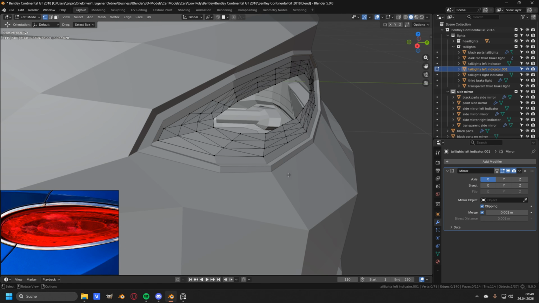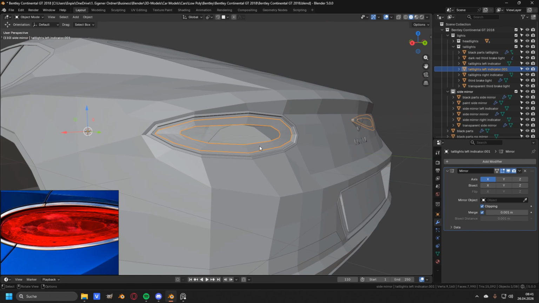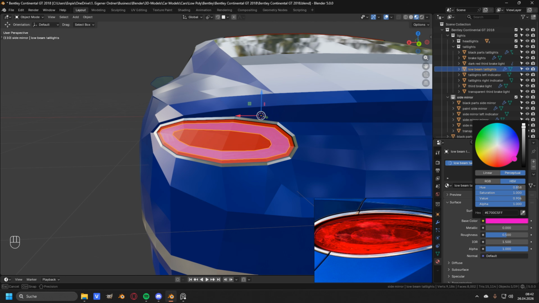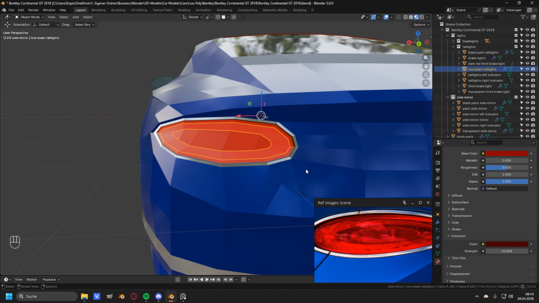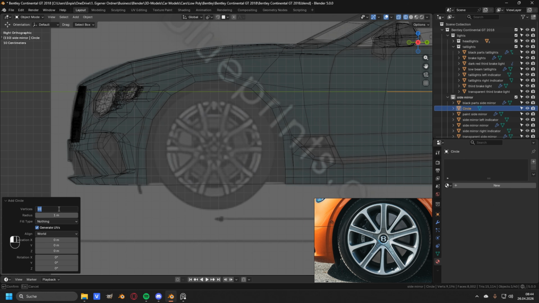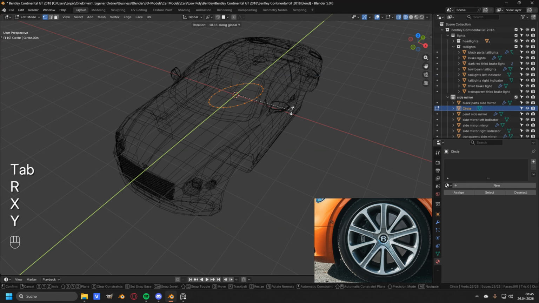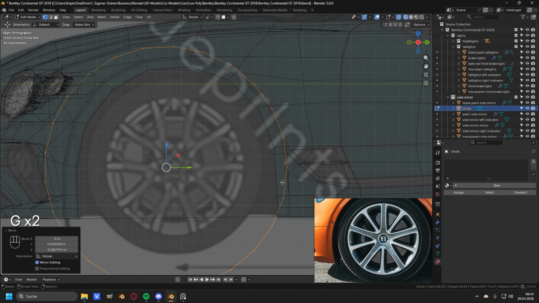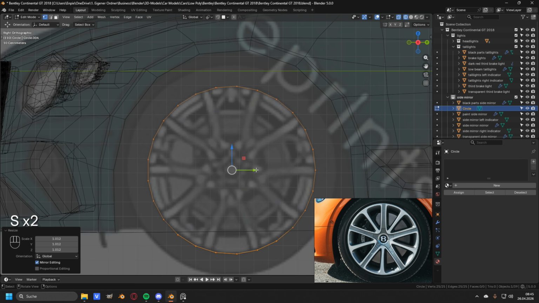To create the diamond look, I have again triangulated all of the faces, and after adding in the last couple of materials, we can continue with the last big missing part on this car, chapter 6, the wheels. I've added in a new circle to the scene and have reduced the vertices down to 25. Then I have scaled down the circle and have moved it to where it needs to be, at the beginning